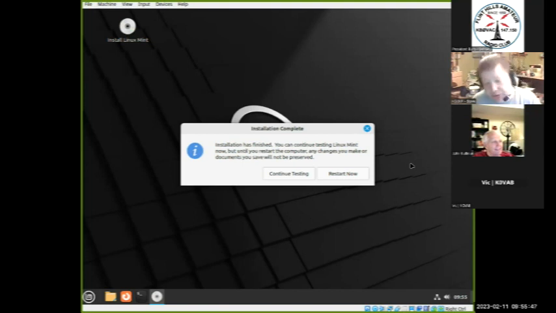Why wouldn't you choose Linux? Well, it's not as popular. If you're the type of person that likes to go to the computer store and buy a piece of software, or just go on the internet and find a popular piece of software that you want to download and install, well, that might be Windows-only software. You might not be able to install that on your Linux computer. Maybe you can find something equivalent, but